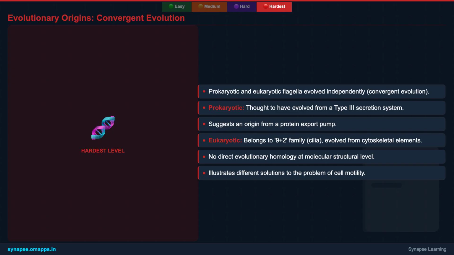Despite performing similar functions, prokaryotic and eukaryotic flagella evolved entirely independently. The bacterial flagellum is thought to have evolved from a simpler protein secretion system, a molecular syringe. In contrast, the eukaryotic flagellum, often considered synonymous with cilia due to their shared 9+2 axoneme, likely emerged from the cell's internal cytoskeletal machinery. This means they are analogous structures, serving similar purposes, but not homologous, as they do not share a common evolutionary ancestor in their current forms. This independent evolution highlights the fundamental importance of motility.